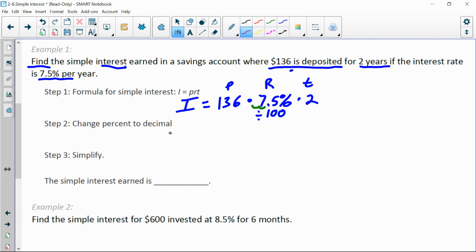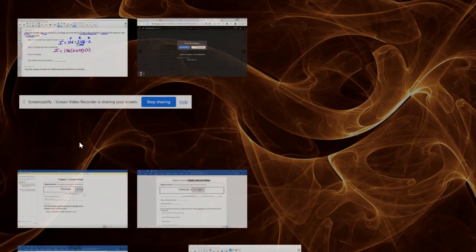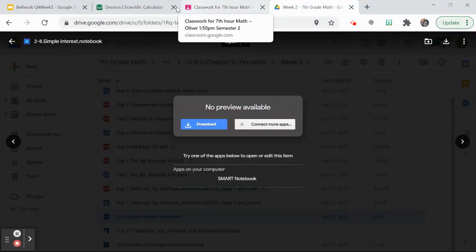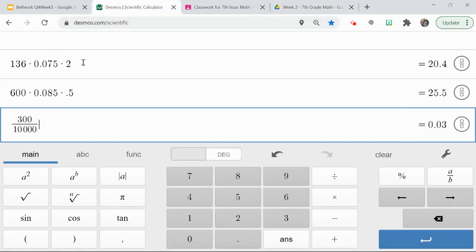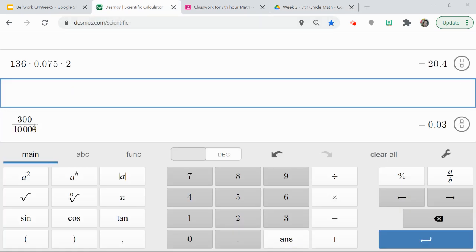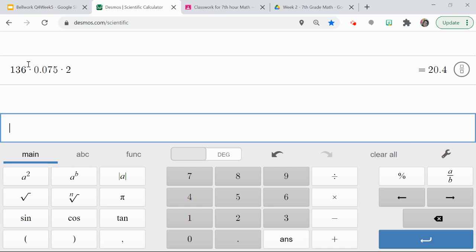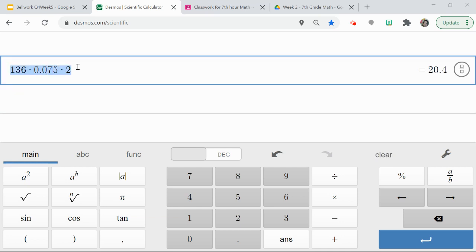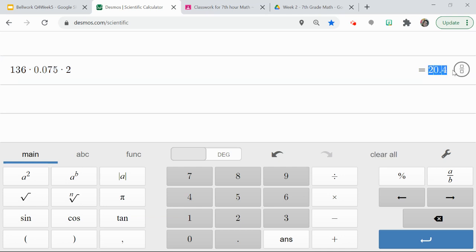Okay, so we're actually going to put it in the calculator. We want to find I equals 136. If having decimals throws you off, you can use the parentheses, then 7.5, and then times 2. Literally, you can just put it in the calculator just like that. And you see your answer over on the side,